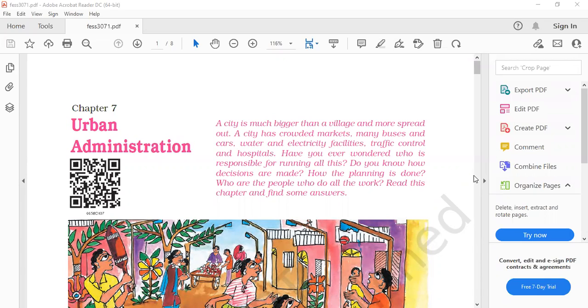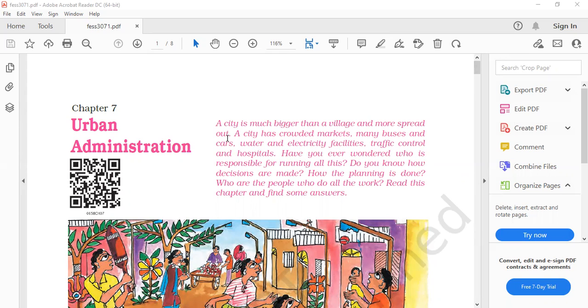It's a very interesting thing, as you all know about your localities, your wards. Indeed, it is in your address also. But today we learn what it is. So it's a very small chapter, there are very few questions, but yes, indeed, you need to understand the concepts.